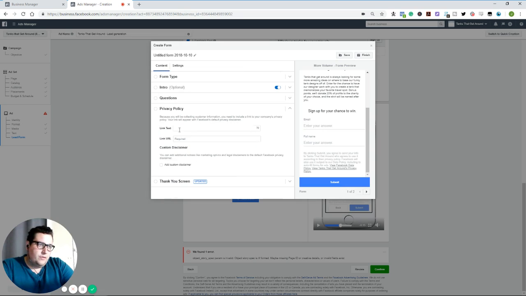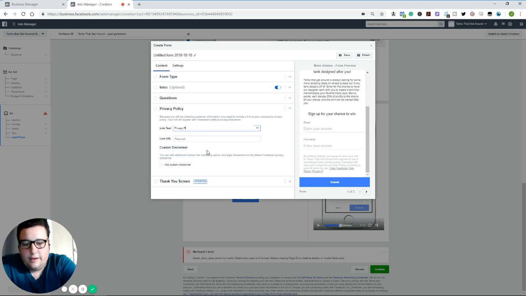Privacy policy, you have to link to your privacy policy on your actual website. If you don't have one, you need to have one. Do it. You can also do some kind of custom disclaimers. So if you're in specific industries like pharmaceuticals or law or something like that, right? And if you're a lawyer, you maybe want to say, none of this constitutes legal advice, nor does it establish an attorney-client relationship, et cetera, all of the things that they get really excited about, because they just want to make sure that people understand things, and then also, go figure, a bunch of lawyers want to cover themselves legally. So